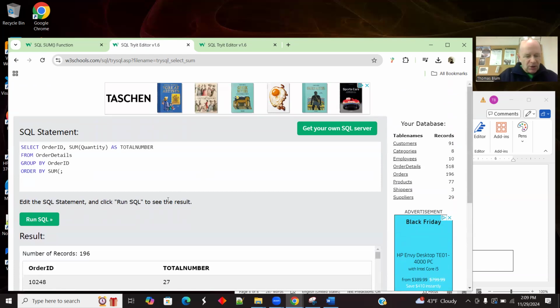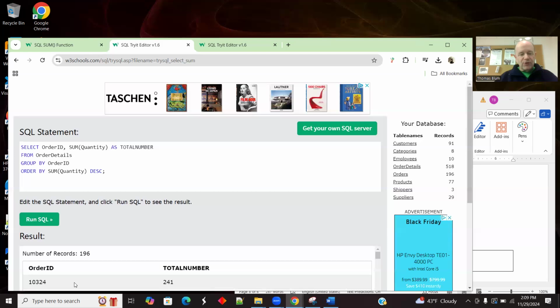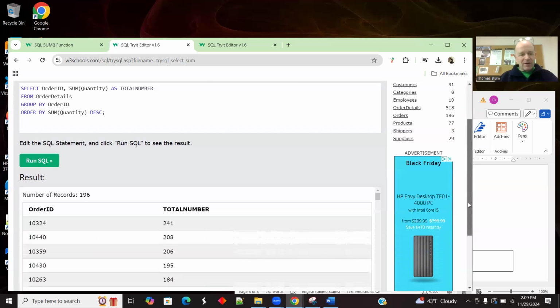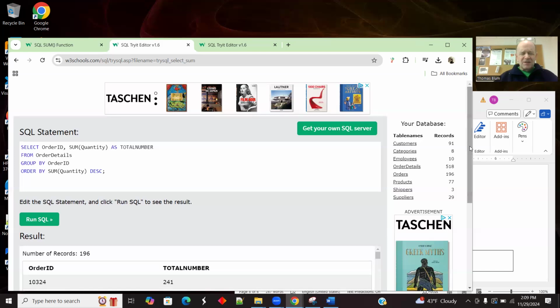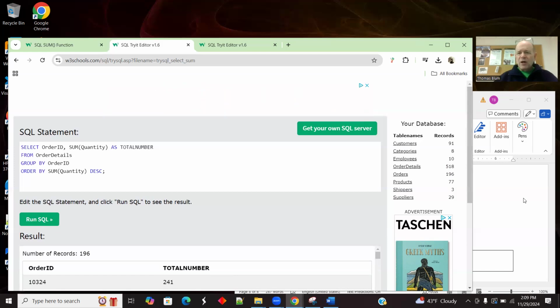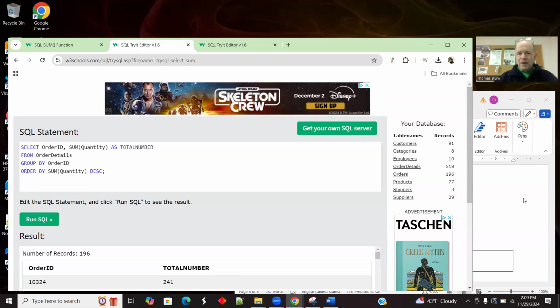some quantity and maybe make that descending. So which order has ordered the most products, and on down. So 10324 ordered 241 products and on down. So this is sort of a single table working with some. You can combine it with a where, you can combine it with a group by, you can order things on different fields. Now let's start to bring in